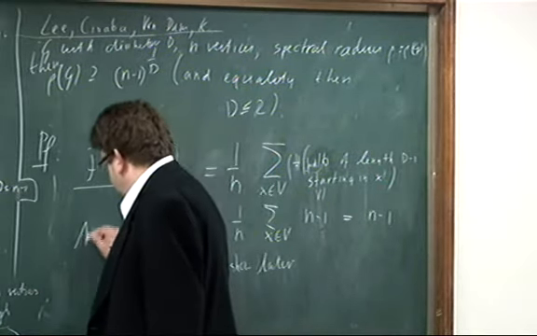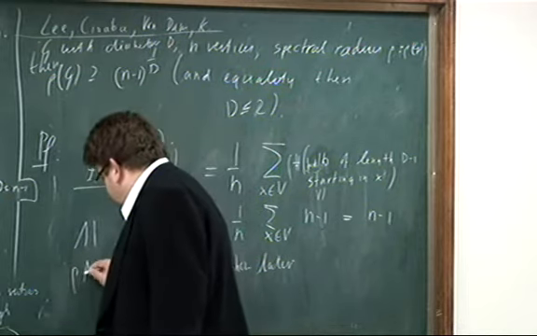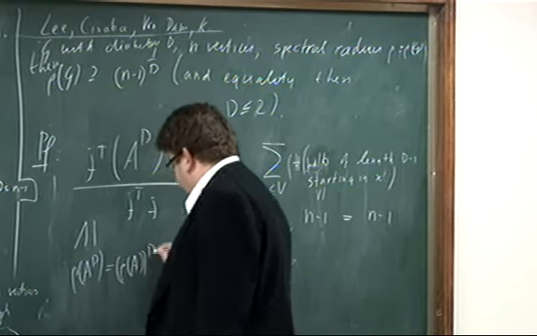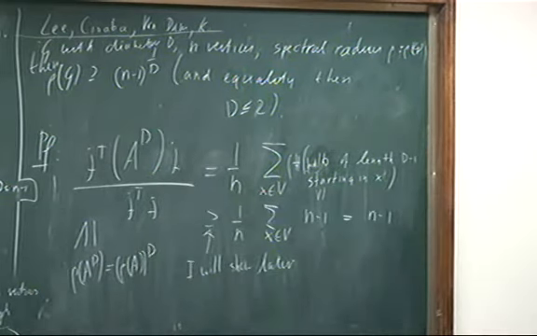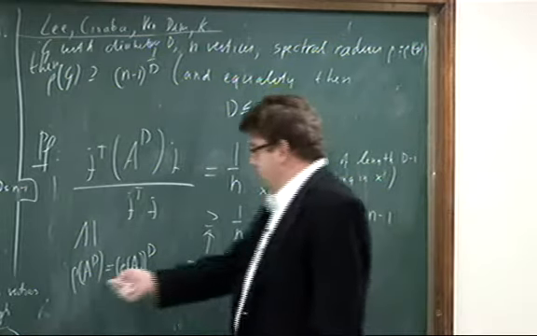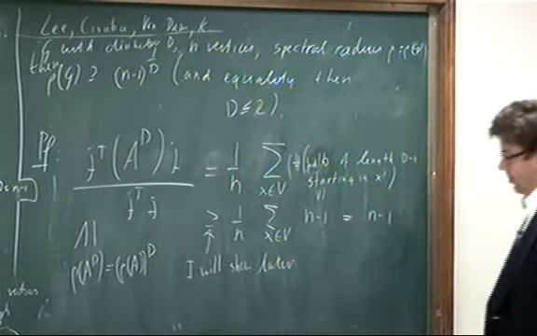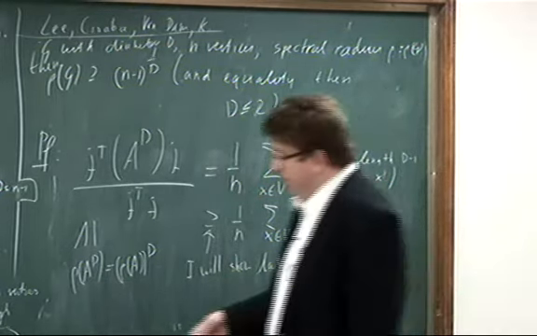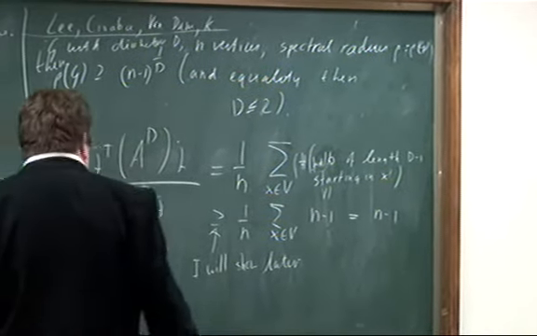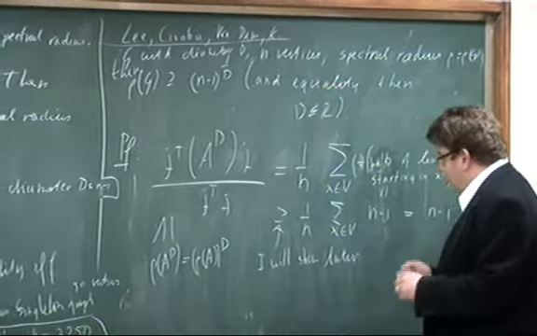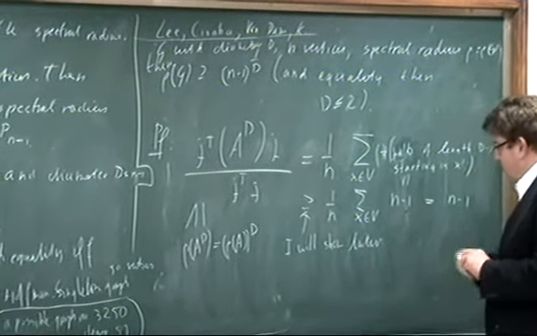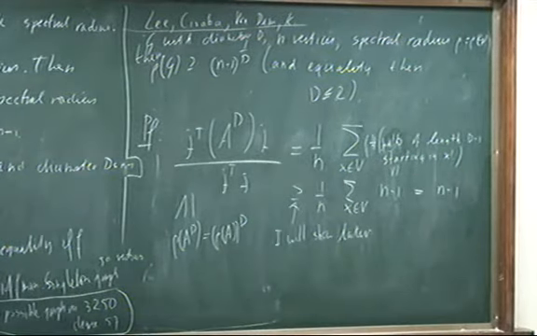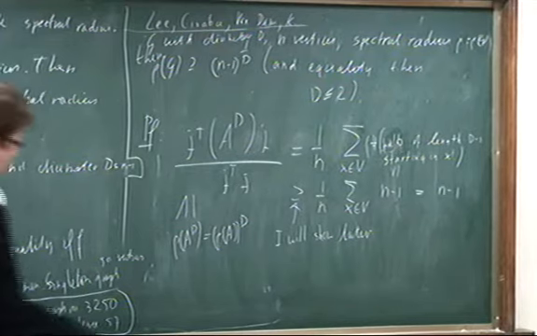But this is, by similar reasoning, the rho of A to the power d. But that is rho of A to the power d. And because this is a polynomial in A, you don't have to worry too much about the rho. So then you get this immediately. So the only problem is this. But I don't know how to do this exactly because it's fairly easy. But